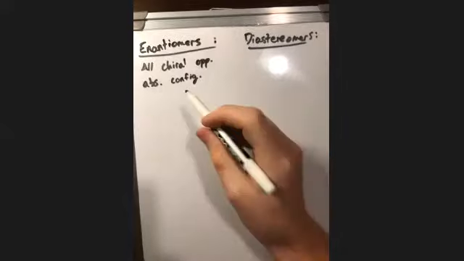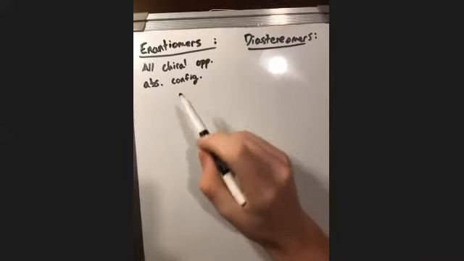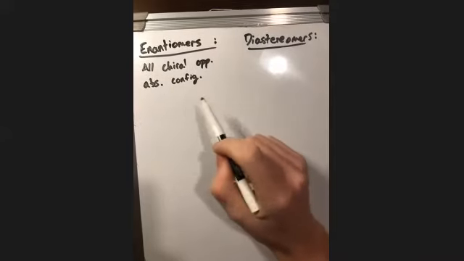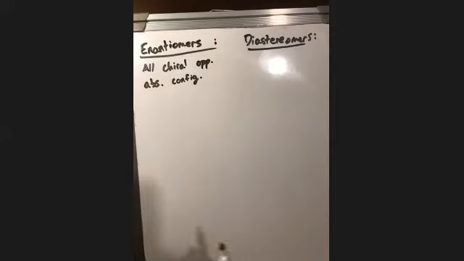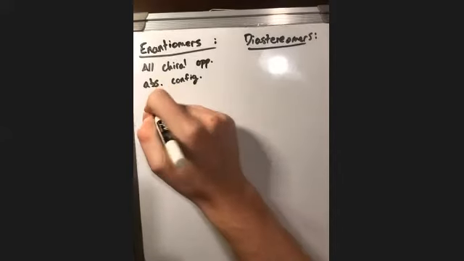So the only way you can tell that they're mirror images is if you determine the absolute configuration at all the chiral centers, and then if they're opposite, so like if one molecule was RR,